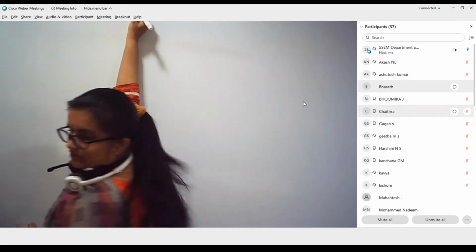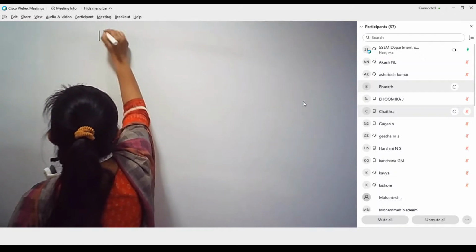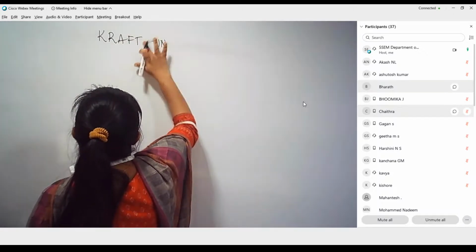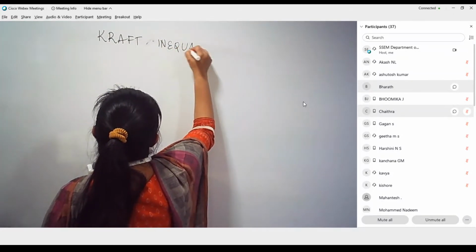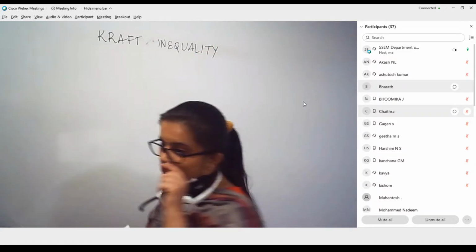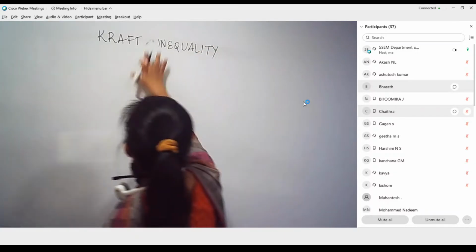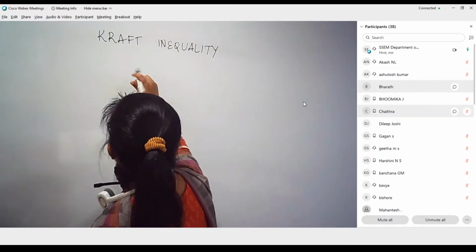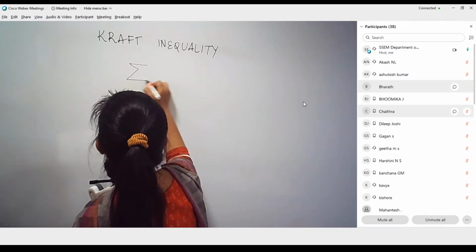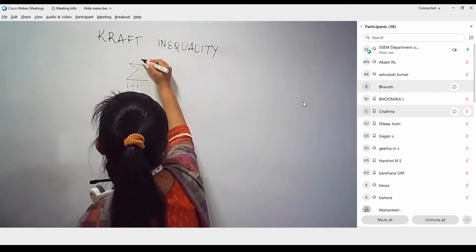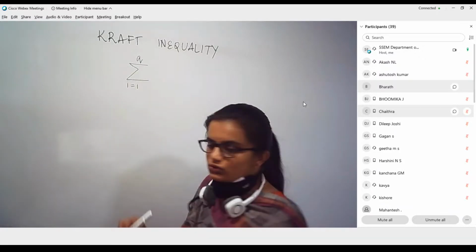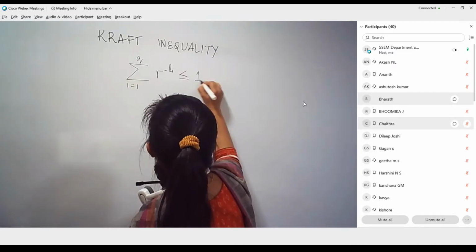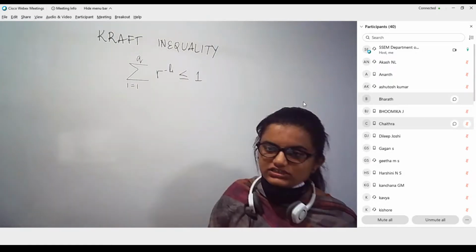The Kraft-McMillan inequality will state the inequality principle which governs this. It will let us know whether the given code is an instantaneous code or not, even without looking into the bit representation. So if I know the length of the individual symbols, then I can find out whether the given set of code words is an instantaneous code or not by making use of the summation and verify whether it is going to be an instantaneous code or not.